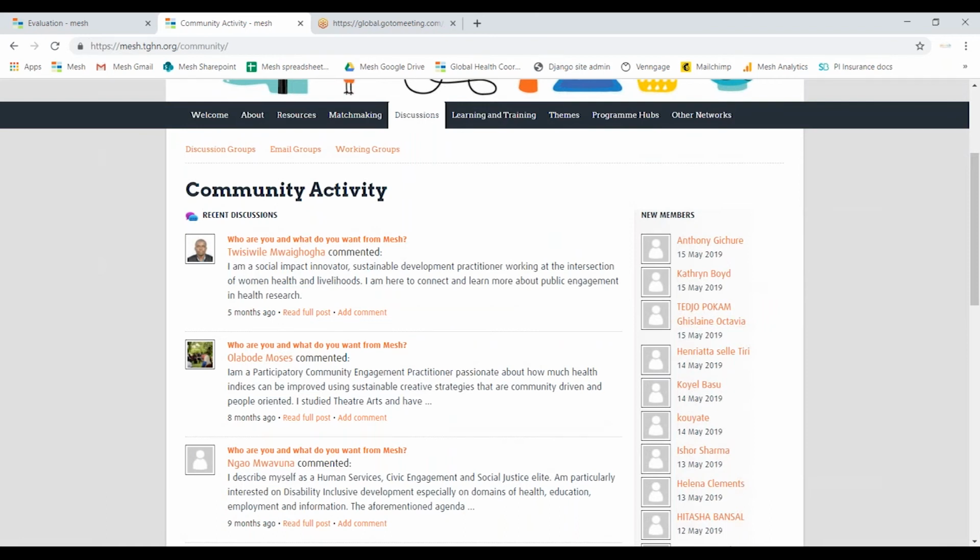So if you can all see the discussions page now, there were both closed and open groups. So, for example, you could create a closed group for your meeting so that only the people you'd invited to your meeting could go in and discuss. And you could add your agenda and people could discuss. So I just click through.